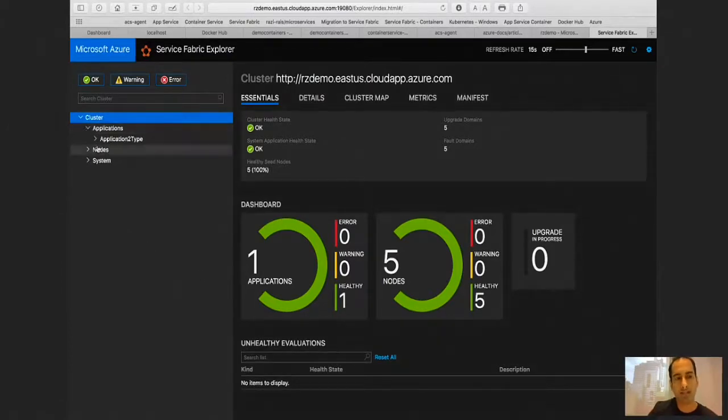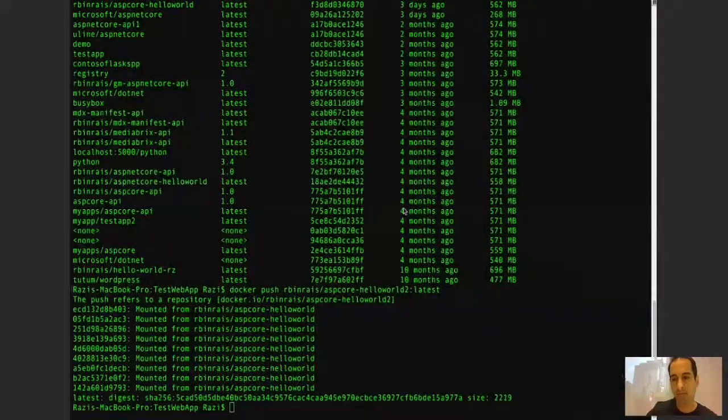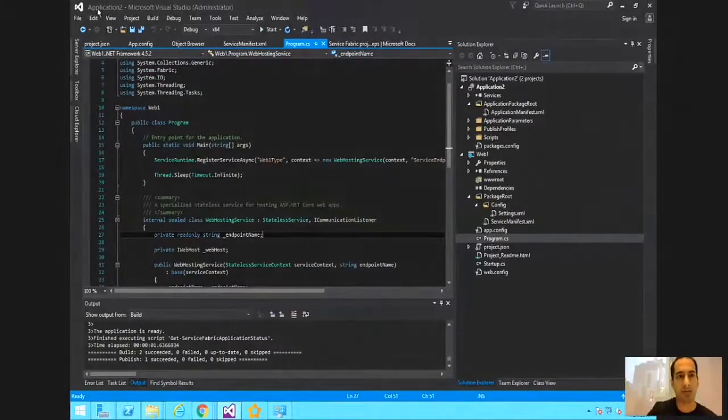But without going into too much detail, I think the important point here is that you can create a microservice, stateful or stateless, and deploy it over here. If you wanted to bring your guest executable, like a container, you can do that. For this demo, I chose to create the same Hello World ASP.NET Core application, but as a stateless service. The way you do it is you go in, you create a new project,